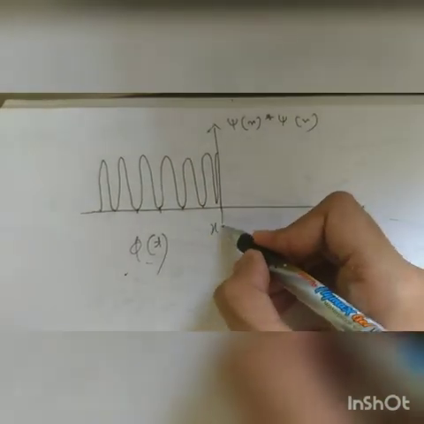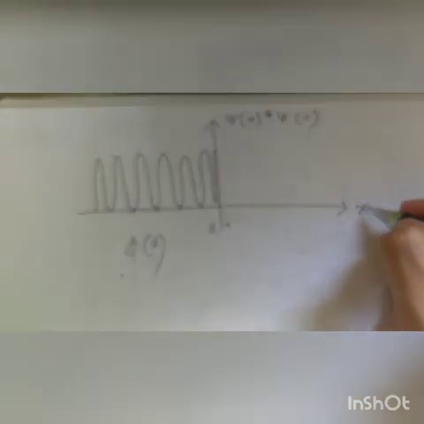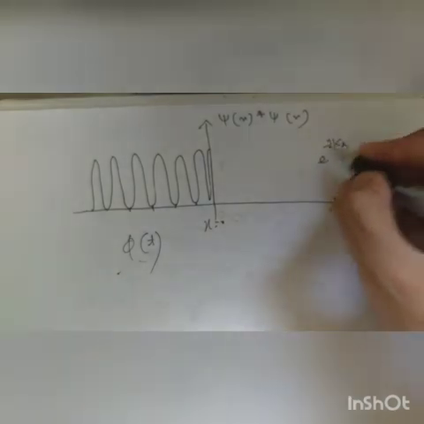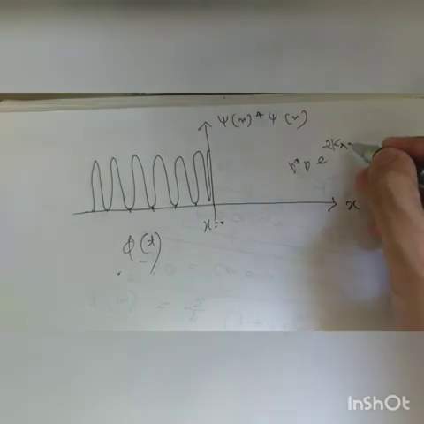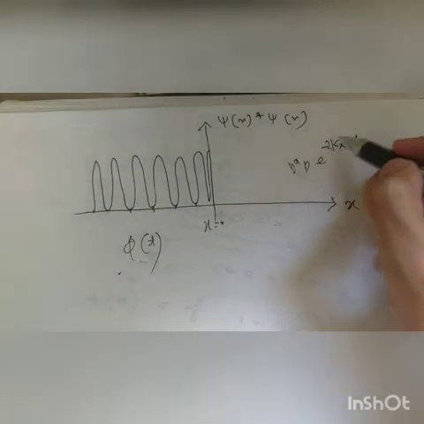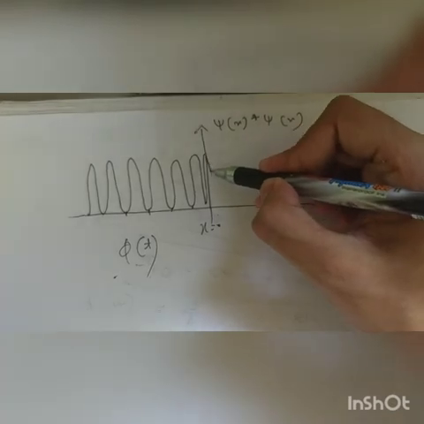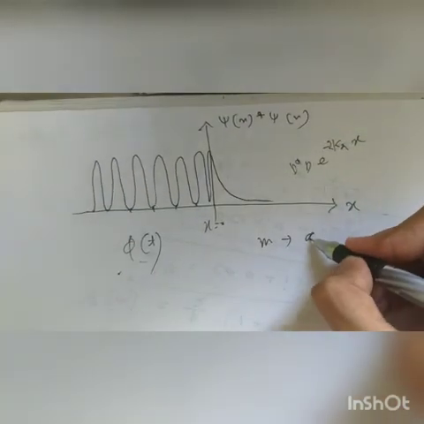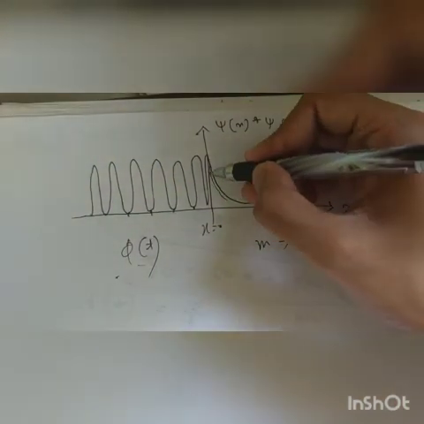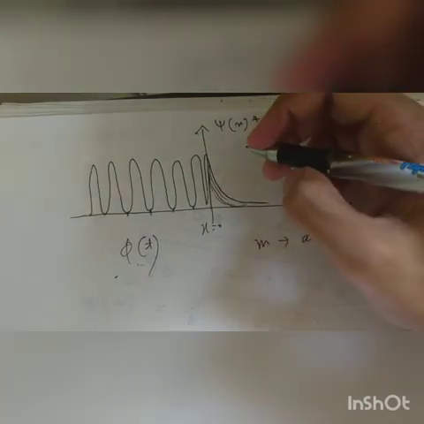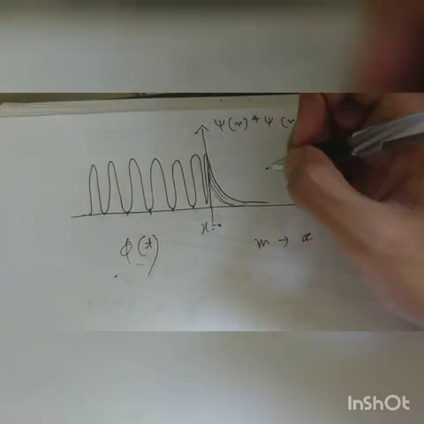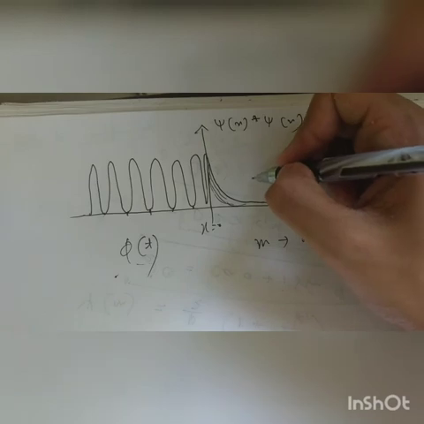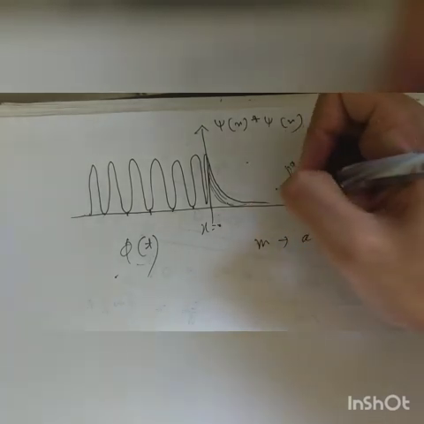So what is the behavior of this function when it goes to x greater than 0? We have found that it depends on e to the power minus k2 x, so it decays exponentially, so it should be something like this. When m goes higher and higher, this goes lower and lower. So this is the full solution and some consequences of the time independent Schrodinger equation for a step function and for energy that's less than the